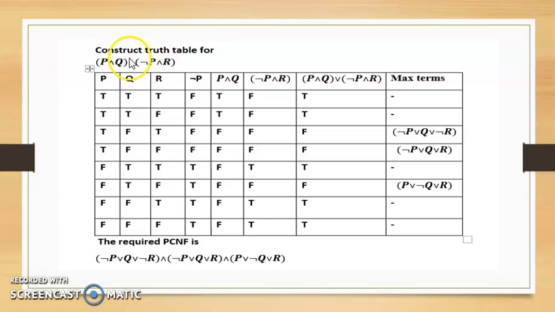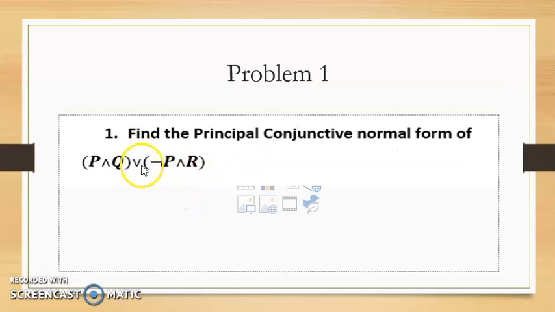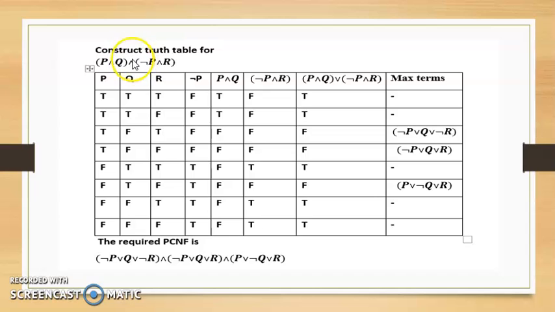Now what is the thing we were given? P and Q, and it should be R in the problem. So here this should be R, and we are taking the disjunction of these 2.